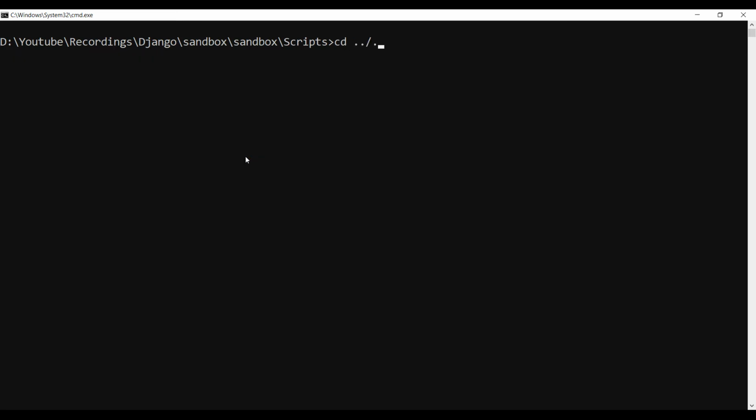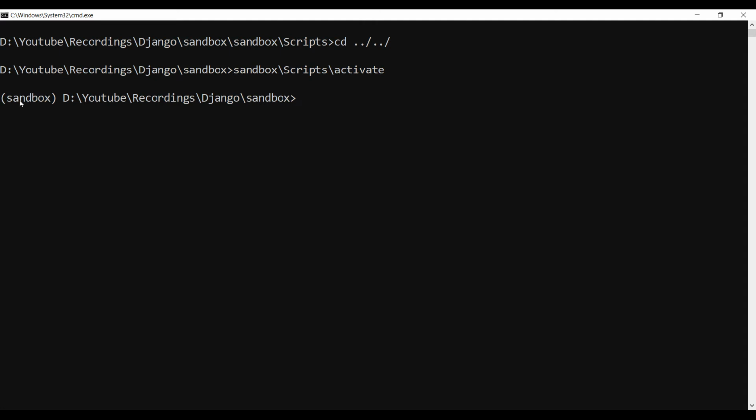Now, we will come back to our original working directory and activate the virtual environment that we have created. To do so, we need to run the activate.bat file.